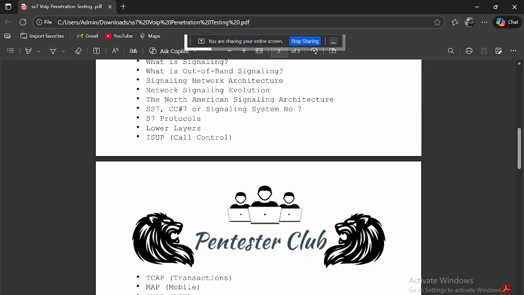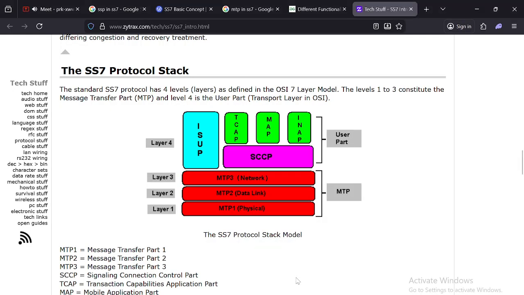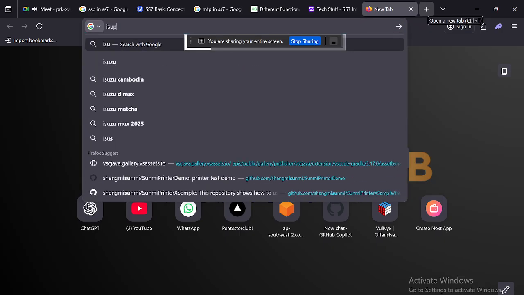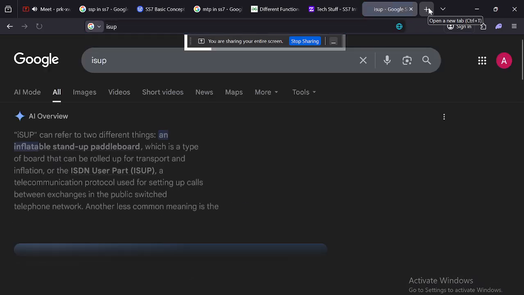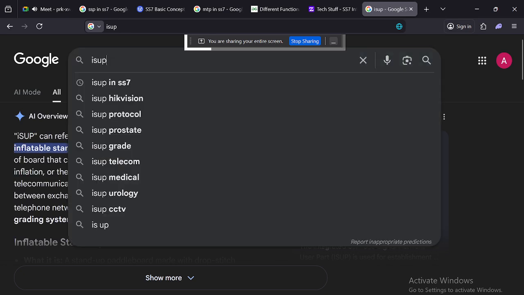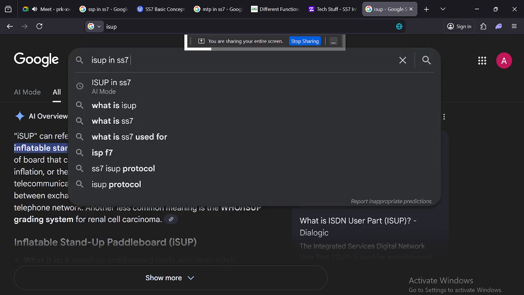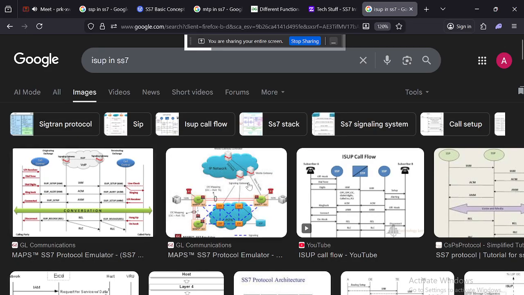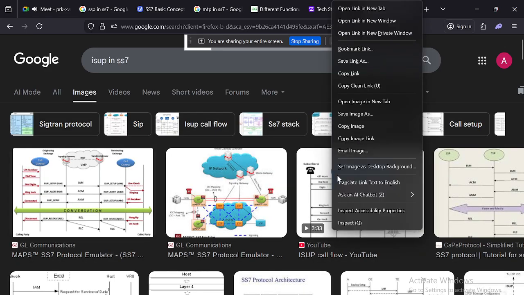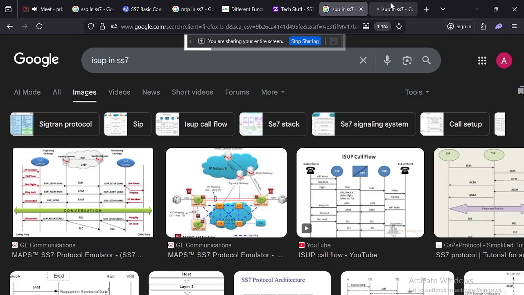So what is ISUP used for? Let's look here at ISUP, at the call flow in ISUP.